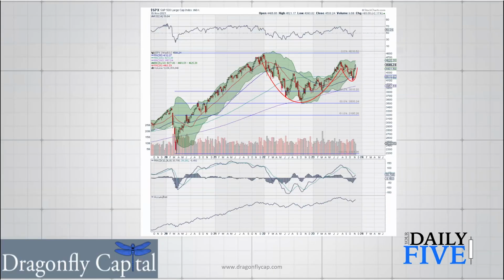We see that same cup and handle starting to form in the S&P 500 as well. It's not quite as strong of a picture as what we saw in the Nasdaq, but a really good picture. This one we see from the COVID low to the high at the end of 2021, a 50% retrace almost to the penny. Touch at the 200-week moving average as well. Move back up, higher highs here above the March 2022 highs, and a pullback that was just a corrective pullback in the little over 10% range that got us into now 3 full weeks of moving higher,